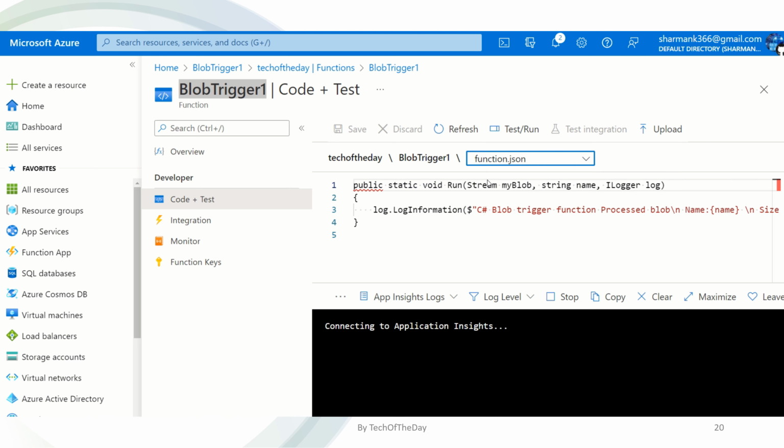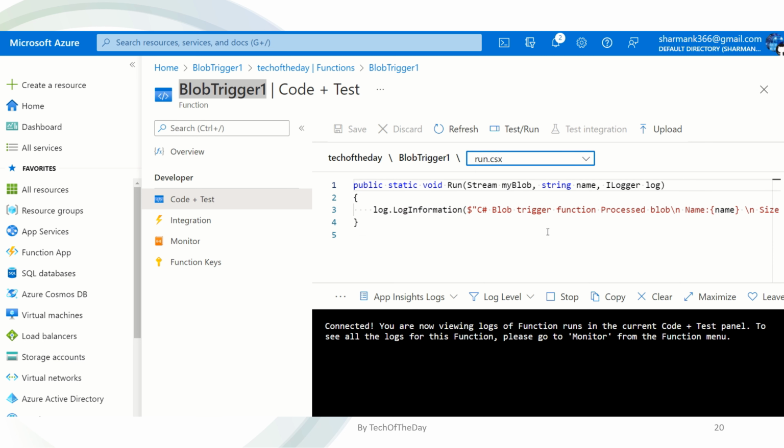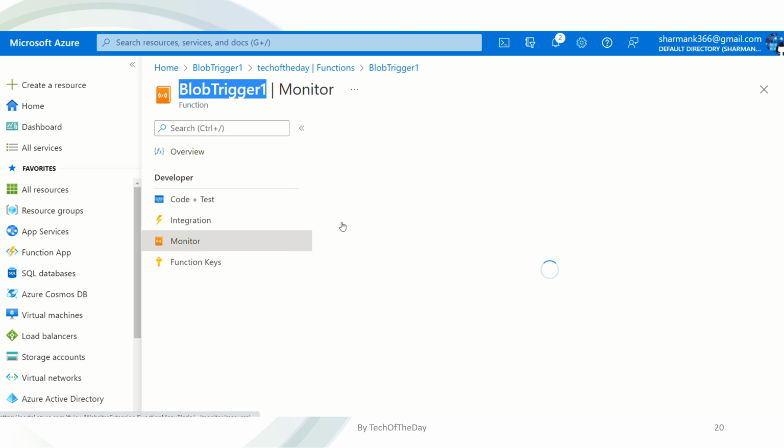actually, if we go to function, it was checking for the path test trigger, and slash name is the name of the file. So basically it is waiting for this, and then it triggers with the stream itself. So I have the blob, and if I want to do something with the blob, I can. I have whole information about the blob as a stream, so I can use that, and the name is the parameter we passed from there, which we displayed in, if I go to monitor,